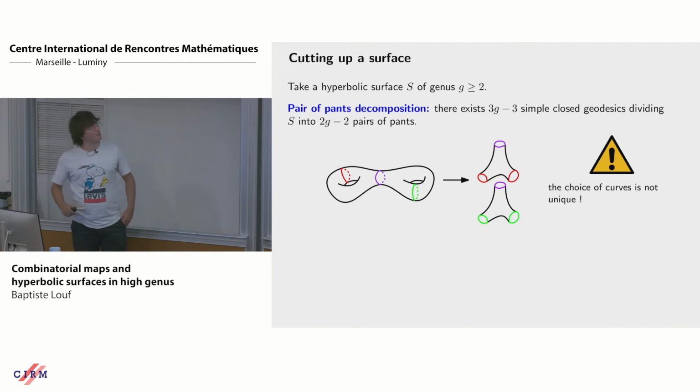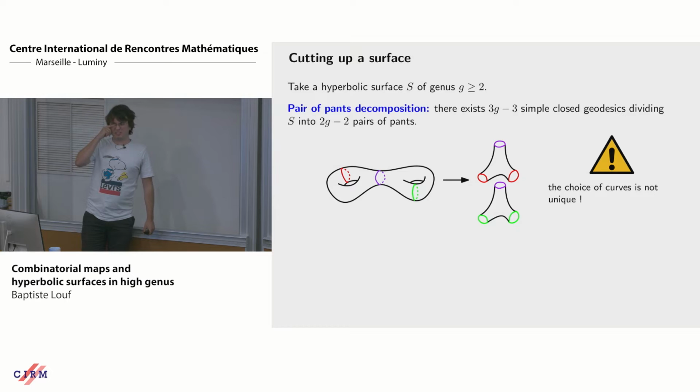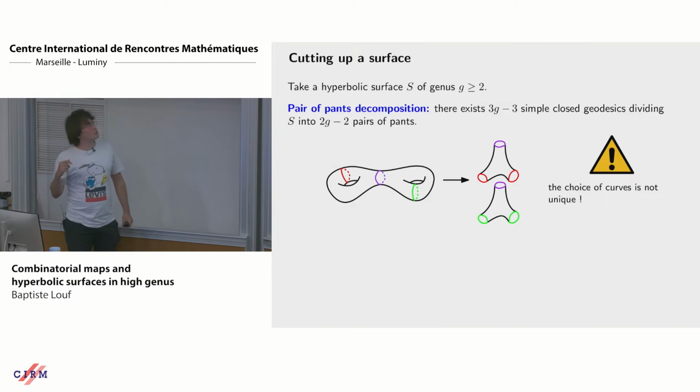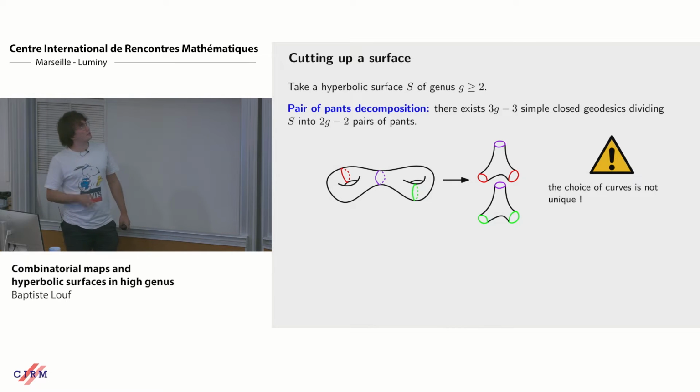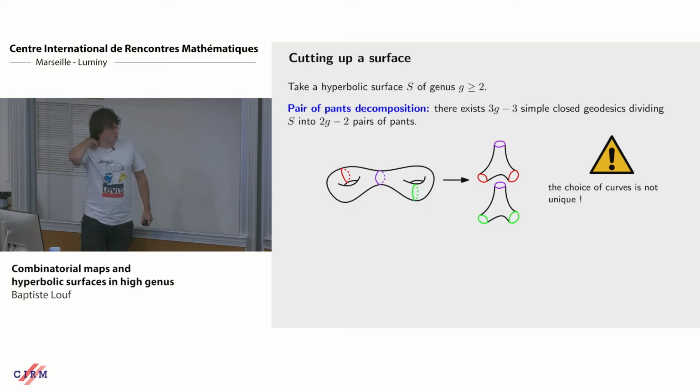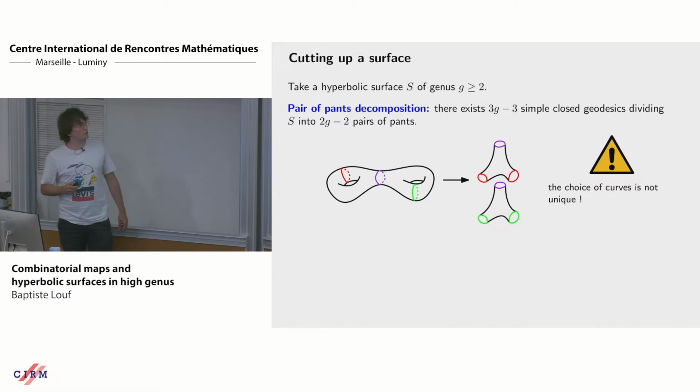If you have a hyperbolic surface of genus at least 2, which I take compact and closed, with no boundaries, I can cut it up into small pieces, namely pairs of pants, by choosing a collection of simple closed geodesics, 3g minus 3 in total, and it divides the surface into a certain number of pairs of pants. This choice is not unique. It depends on the pants decomposition that you choose. But so I can divide my